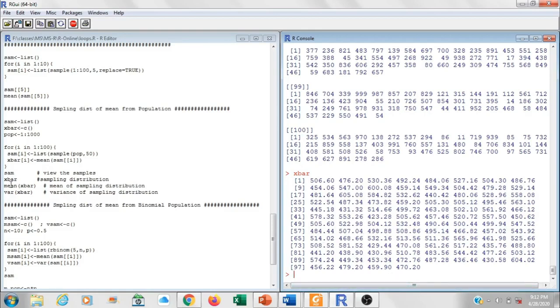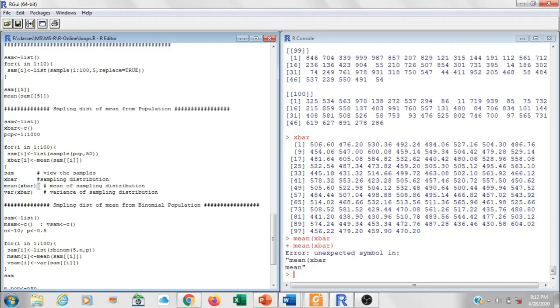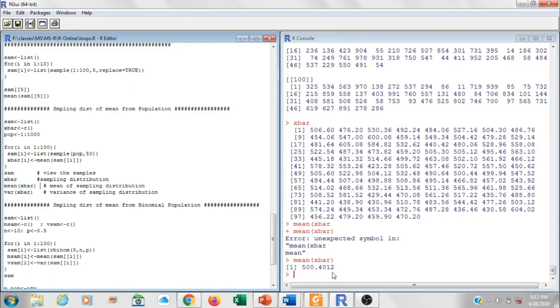Now if you want to find the mean of the x bar, I think it was not executed completely. Okay, this is the mean of the x bar, and simply the variance of the sampling distribution of the sample means.